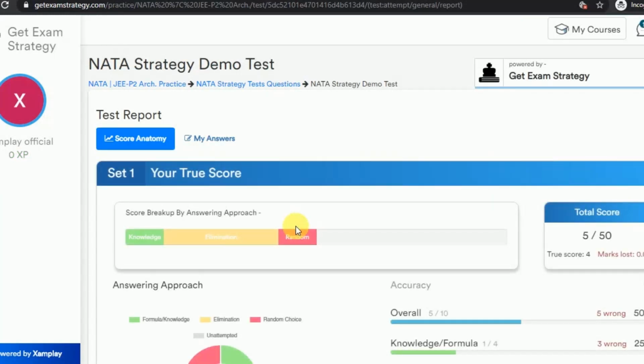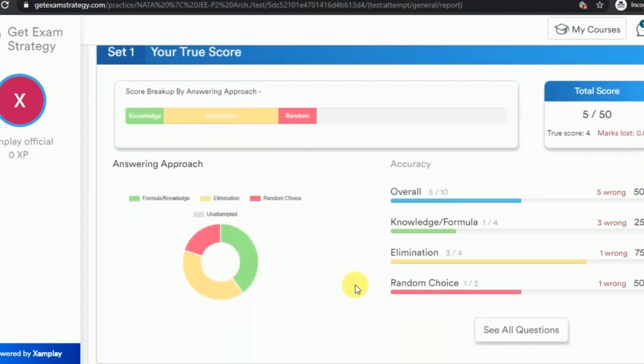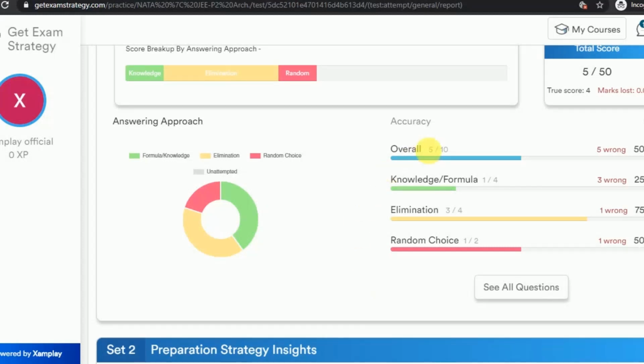Now this is where things get very, very interesting. As you see here, the majority of the score that I have got here, I got 5 out of 50, and it is because of knowledge, elimination and random choosing. Now it also tells you my overall attempt strategy. So I have used knowledge of formula for 4 questions and my accuracy is 25%.